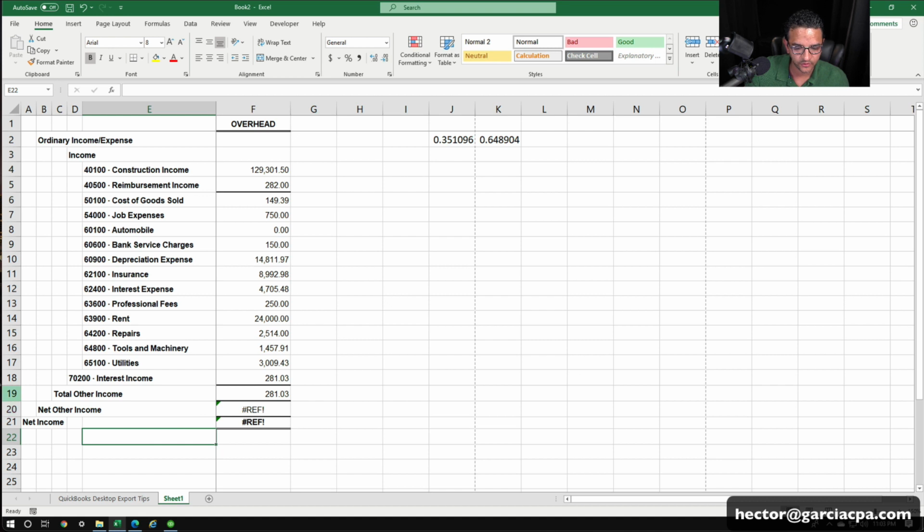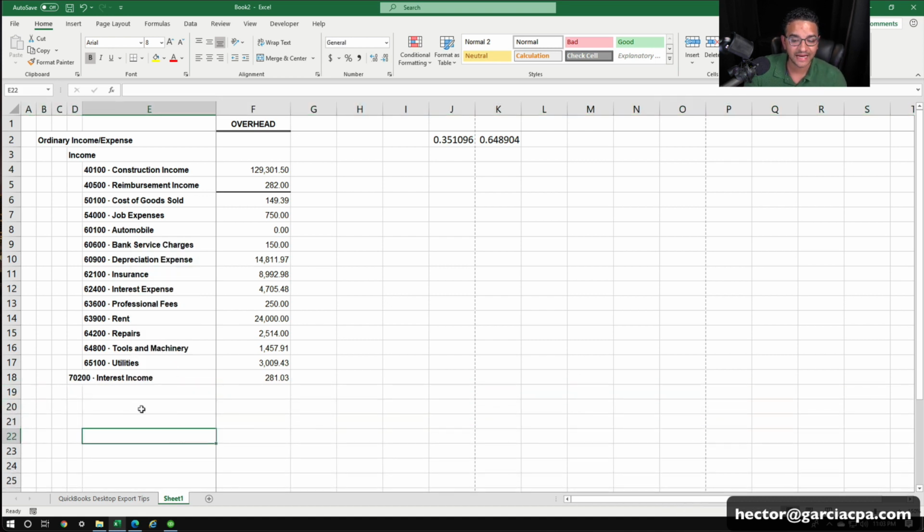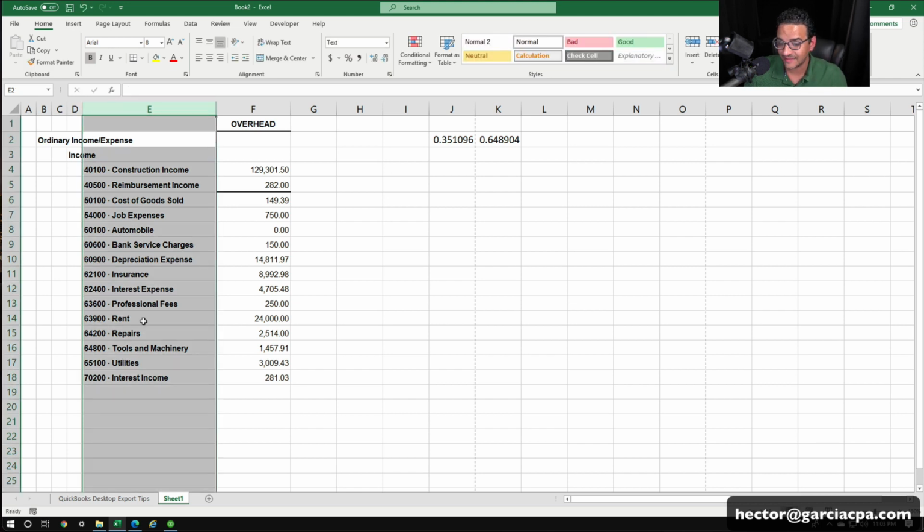And we don't need the totals. Perfect. So now we have essentially just the accounts. Now this account here is a little bit off, so I'm going to cut that and paste it on the next column, so they're all essentially in the same